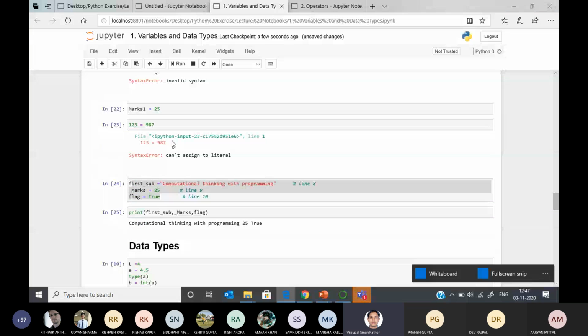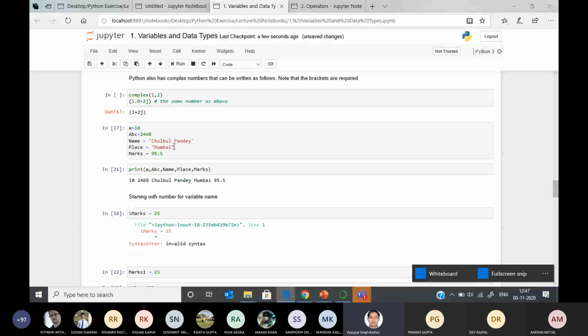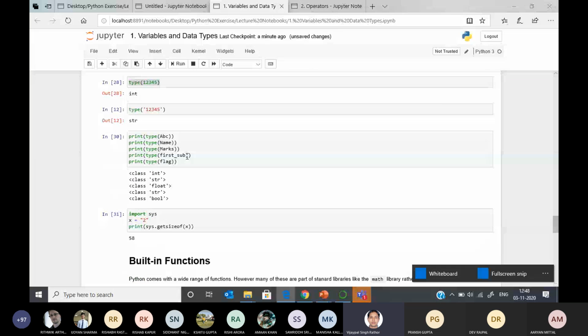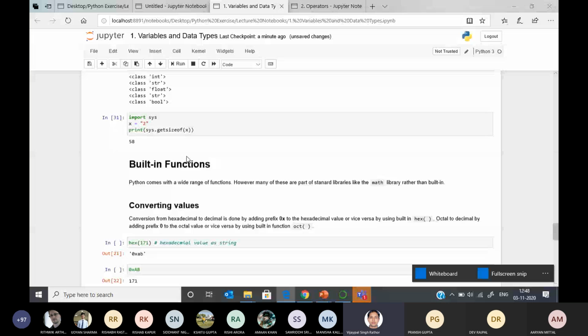So ABC, name, marks, all these things are, if you are specifying ABC as an identifier, I have used ABC here as a variable, and then ABC you are assigning some value, then ABC will be treated as an integer value, है ना। In the name I have specified that this is string, then this name will be treated as a string. Place Mumbai, this is in double quote, you can specify string in the double quote, then it will be treated as a string. Marks, here I have specified floating point value in this marks, then it will be considered as a float value. So these are the different kinds of types you can use, है ना।